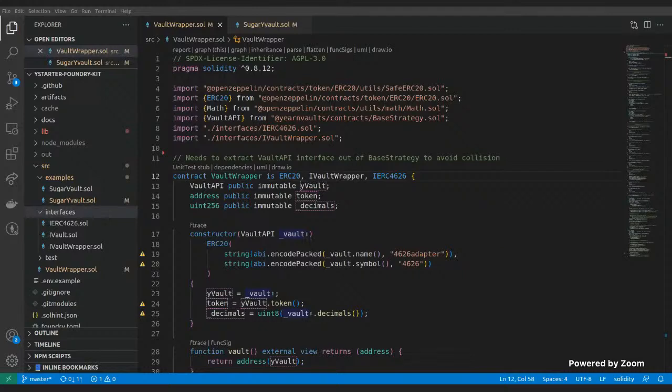What we're going to do here is go through some examples of how to wrap a V2 vault for it to be compliant with the new standard, and how you can build on top of that or use that to integrate with different types of integrations that you might like or build, so you can get some profit out of that. This profit being fees,